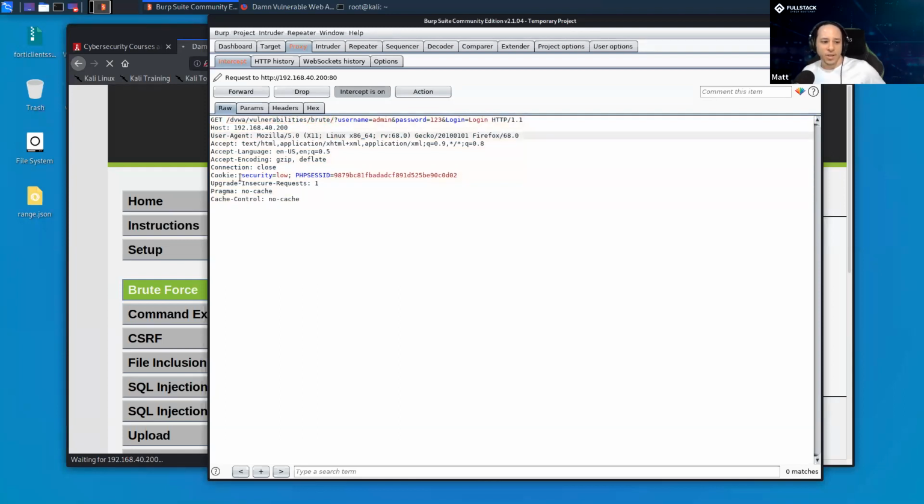It has the cookie right here. That's the cookie information. And then at the top here, there are the query parameters where it says username equals admin, ampersand password equals 123, ampersand login equals login. So this is all of the information we're sending in order to log in.